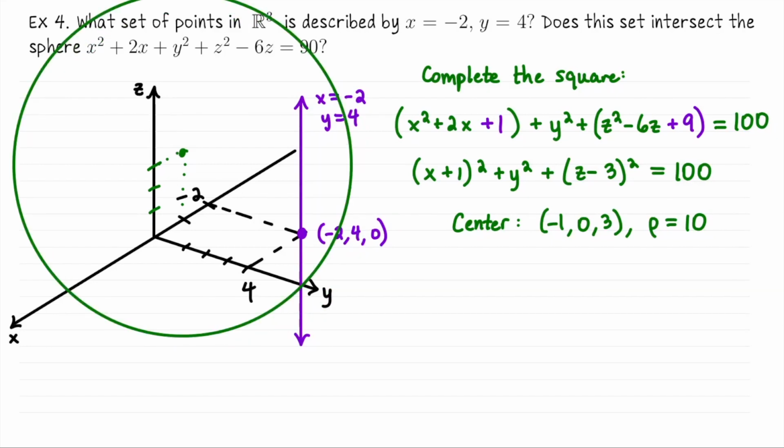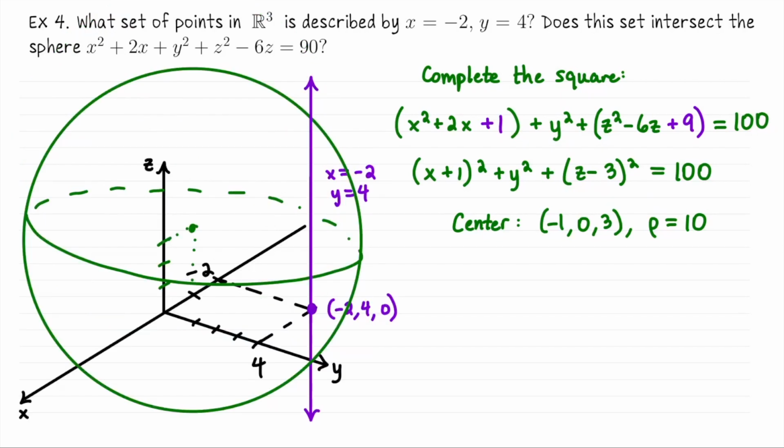I don't think I can really realistically fit the sphere on the screen, and so it has a pretty large radius. Okay, so I extended the line just so that we could kind of see both points of intersection. Given that the radius is large, based on this sketch I made, which of course is not totally to scale, it looks to me like this line is going to intersect the sphere twice. Somewhere down here perhaps, and somewhere, say, up here. Okay, again, not drawn to scale, but just based on a sketch, this is the type of intersection that I'm expecting.